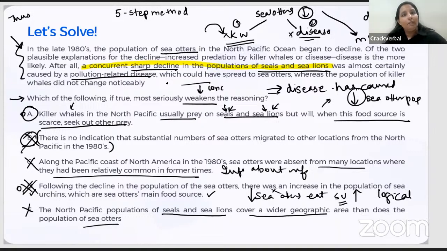Sea otters. Now again, a lot of students say, hey, this doesn't mean that the killer whales kill the sea otters. Yeah, sure, I can't prove that. But this has brought about a doubt in my mind. If seals and sea lions are not available for killer whales to eat, maybe these killer whales have been going to the sea otters because they're available. This tells me maybe it's not disease. Maybe it is the killer whales that are responsible because they don't have seals and sea lions anymore, because there's been a sharp decline. My answer is option